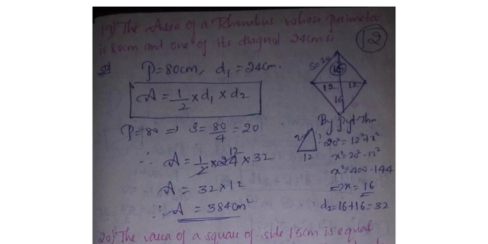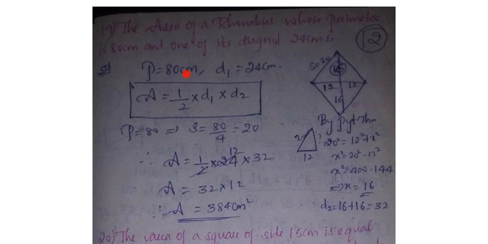What did I tell you? If they have given any shape, whatever formulas are there regarding that, you should note them down first. And from the given data, whichever formula is applicable, you should apply and do the sum. See, here the area of the rhombus they have given. In a rhombus, what formula do we know? Area of the rhombus and diagonal relationship. Diagonal they have given, perimeter they have given.